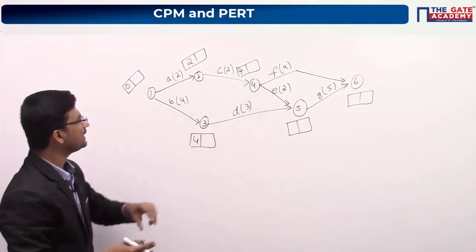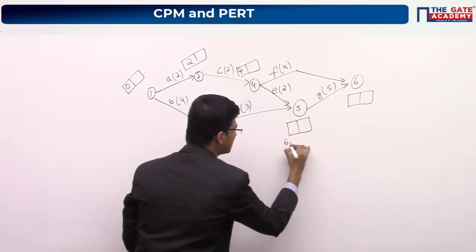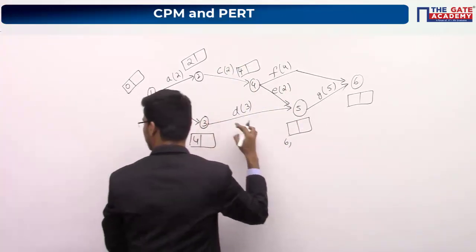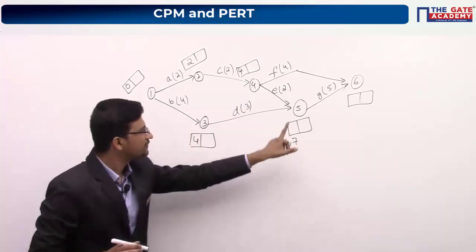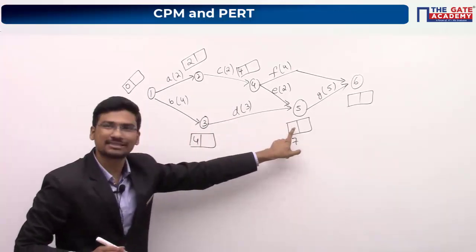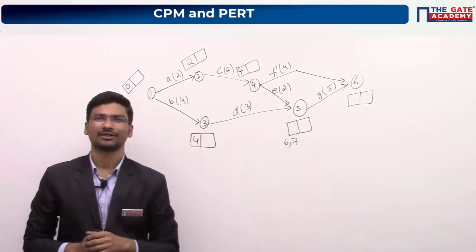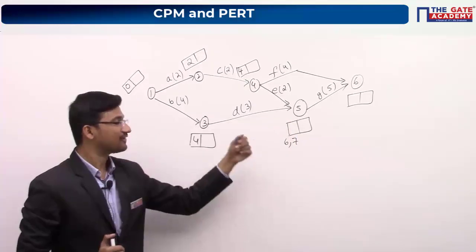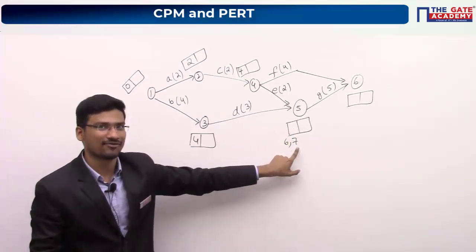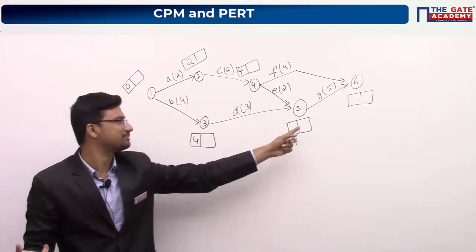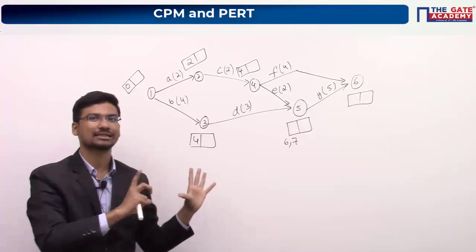Now for this activity it will be 4 plus 2, we can write maybe 6 here, or 4 plus 3, we can write 7 here. Now the question comes, which value should I write here? So please reply for this one. Should I take 6 here or 7? With explanation, okay. If I have to take 6, why should I take 6? And if I have to take 7, what is the reason why I have to keep 7 here? Maybe you might get confused between these terms.